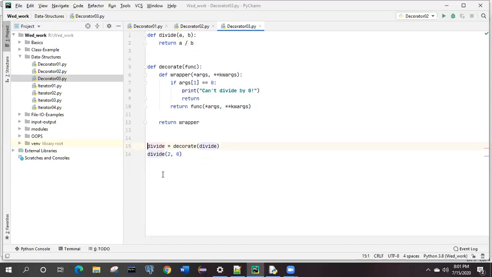The execution will start from this line only, line number 15. What is it doing? Divide is an object. Inside that we are storing the result of the decorate divide, right? Now it will again search where is the divide, where is the decorate. Two functions should be there, right? So divide is present over here only, and decorate is present over here.